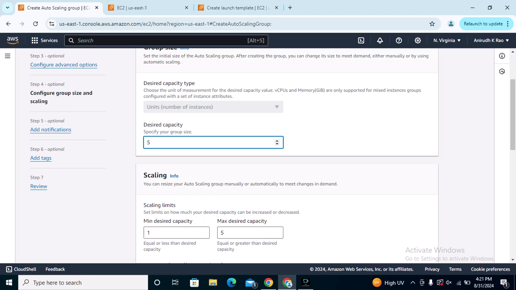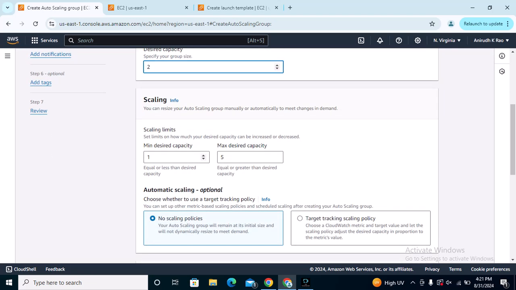If you terminate one instance, automatically another instance will get created. So that is desired capacity. Let's go with 2. And the minimum capacity is 1, and the maximum capacity is